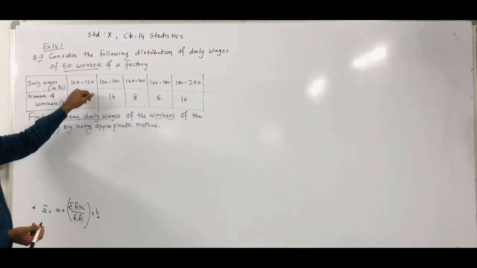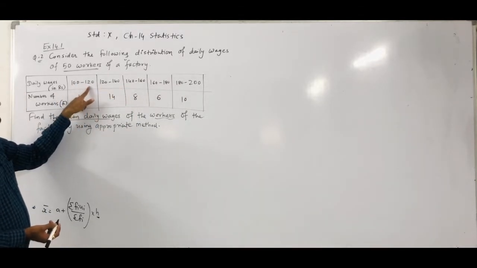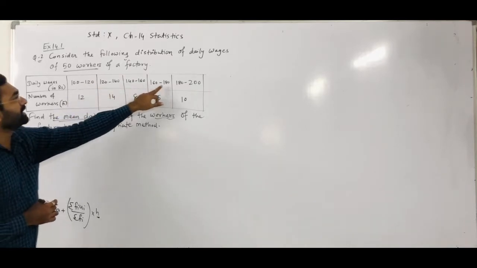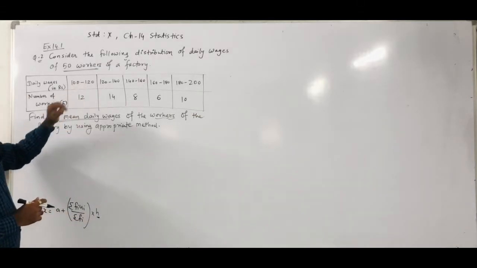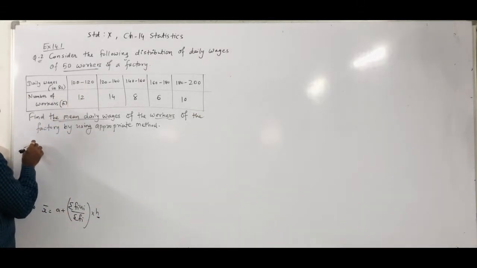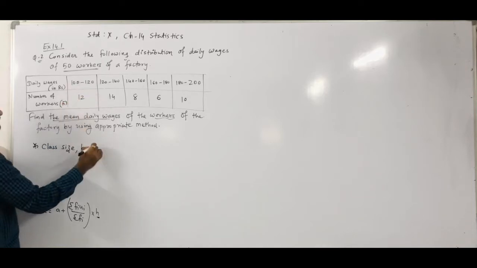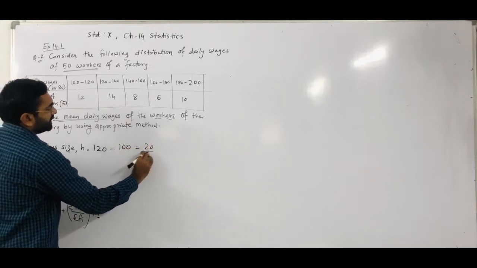class. After observing each and every class, this is continuous data, right? Because the first class ends with 120, then the second class starts from 120. That type of class is called a continuous class, and since a continuous class is given, how can we find its class size? Here I write the class size of the given observation. Class size h is equal to upper limit minus lower limit. So 120 minus 100, we get 20.